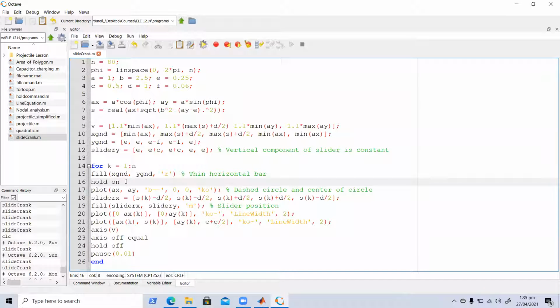Any questions on the hold command, on the fill command, on plotting, on axis off equal, on these different variables? Do you think if given enough time, would you be able to recreate something like this or a different question? Yes or no? How do you guys feel about this program? Sir,